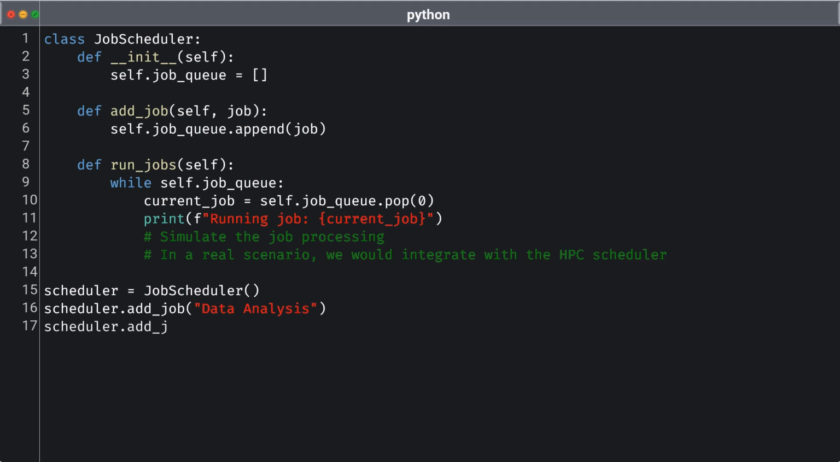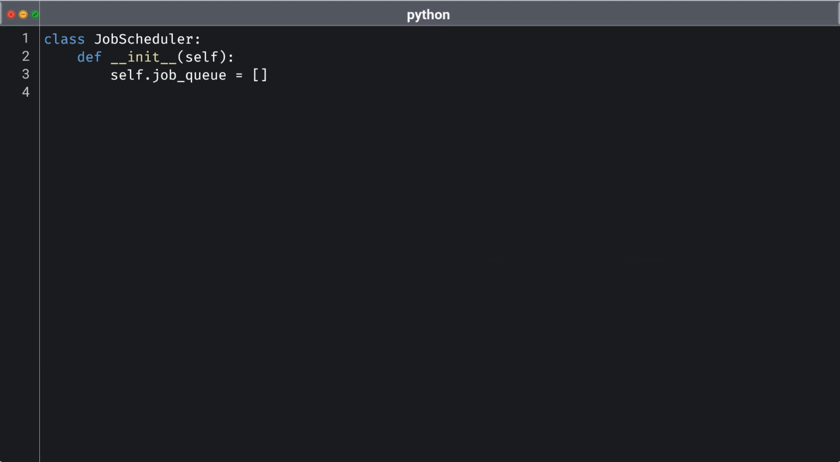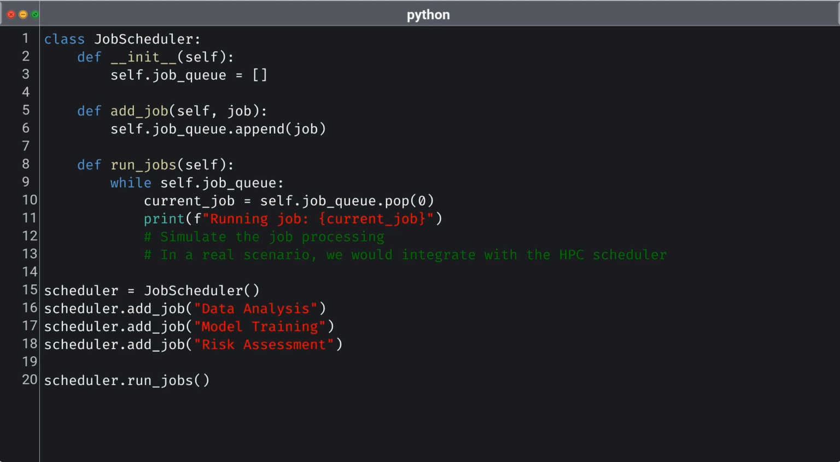This mimics a first-in, first-out (FIFO) scheduling mechanism often found in real HPC job schedulers. As each job is executed, the system displays a message indicating which job is currently running. While this implementation is basic, it effectively highlights the essence of job scheduling in HPC, emphasizing the need for orderly and efficient job management to optimize resource usage. In practical scenarios, such systems would incorporate more sophisticated features for prioritization and resource allocation based on the specific demands